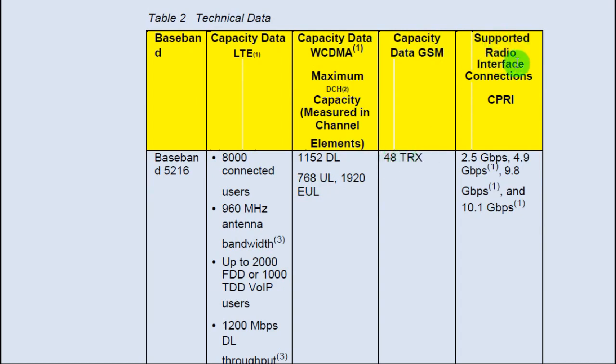Supported radio interface connections, CPRI, are 2.5 Gbps, 4.9 Gbps, 9.8 Gbps and 2.5 to 10.1 Gbps with the CPRI cable in 5216. And 5216 supports 3 technologies: 4G, 3G and 2G, but it will run all technologies on the 900 band.